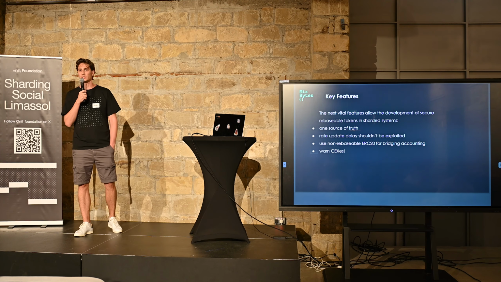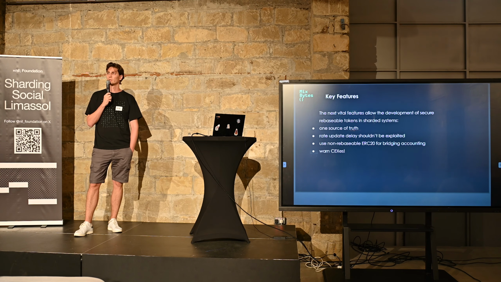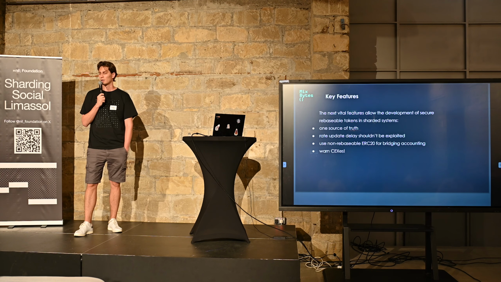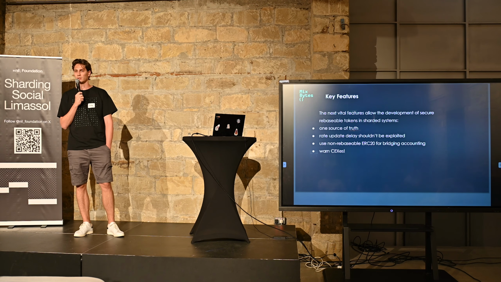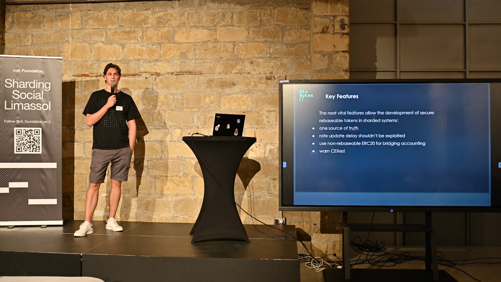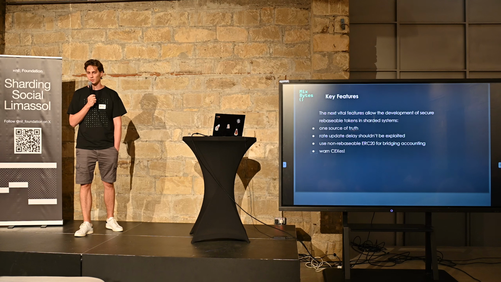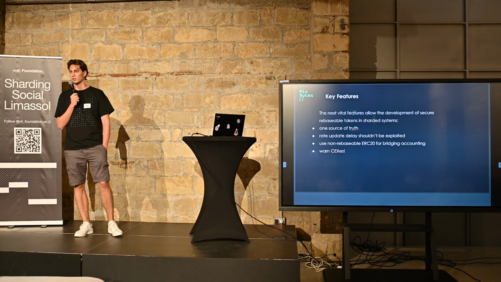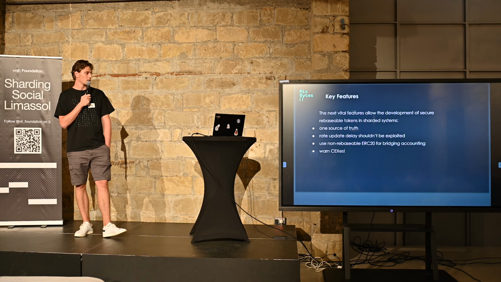And for these purposes, you can use a non-rebasable token for accounting. And in the case of stETH on Optimism, the wrapped stETH token was used for accounting. That's why we can transfer